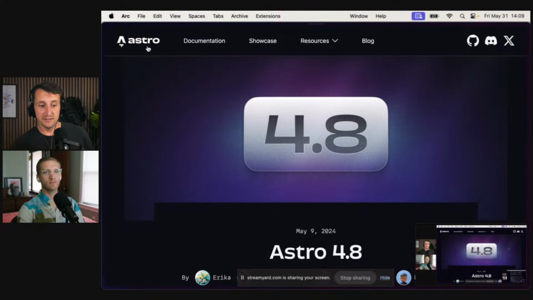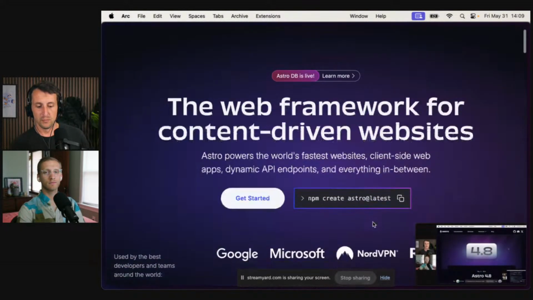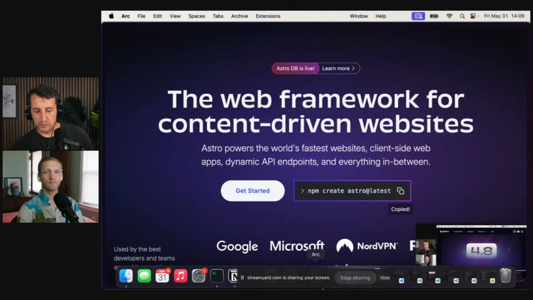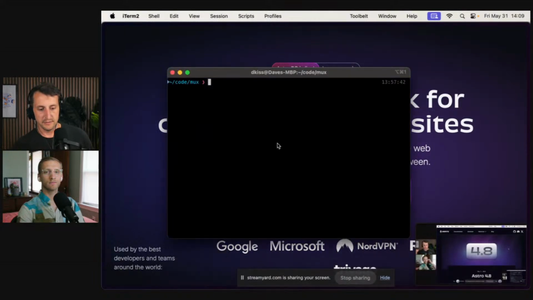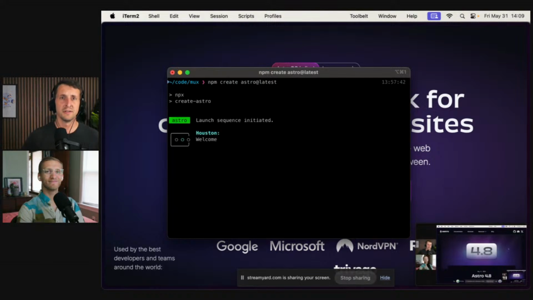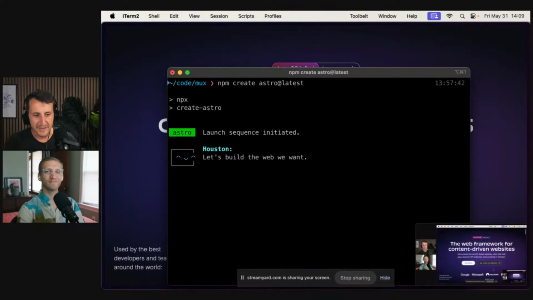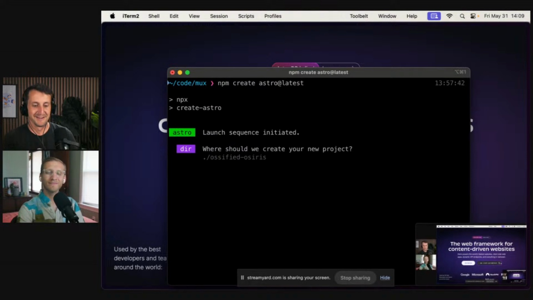I started to go down the path of installing Astro using this npm create, and I was going to have this preset ready to go, but their install was so fun that I had to just cancel and show it here. So I'm going to blow this up a little bit. First of all, I don't know how it knows my name. It must have pulled that from some kind of local file somewhere.